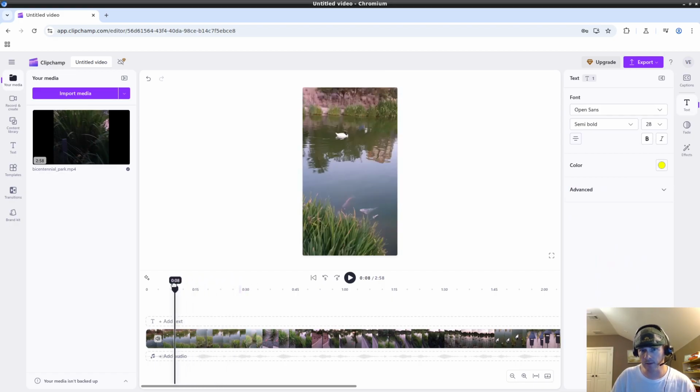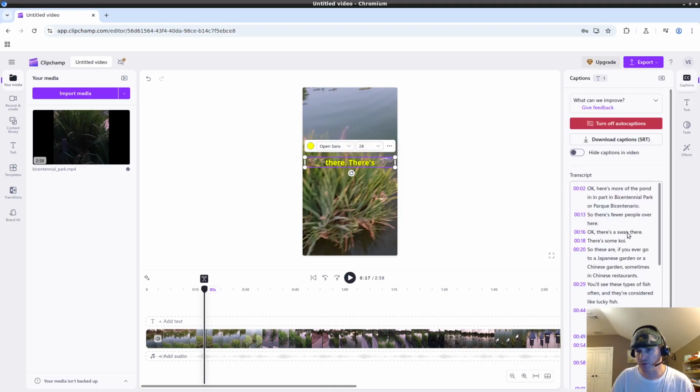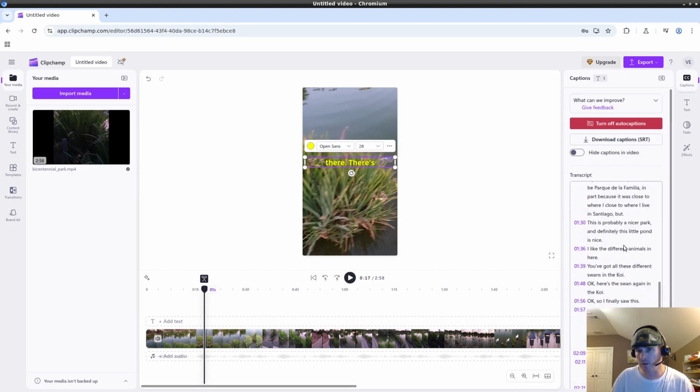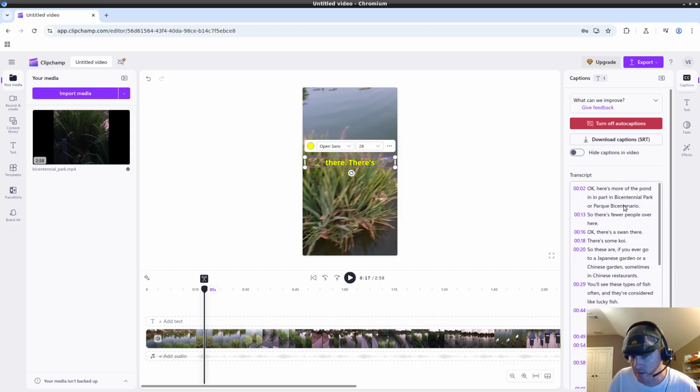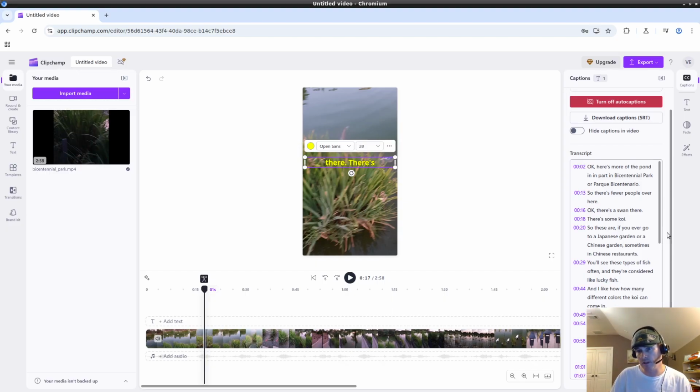Okay, so you see here, I think that is quite good. And this is another important thing here. What I want to do now is show you editing the text. Oftentimes the transcript is amazing, but there are probably going to be mistakes. I mean, there's a lot of words here. There's probably more than 100 words I spoke, and the AI technology still is not perfect, so occasionally there may